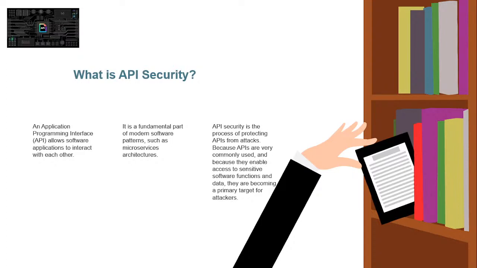But because API are very commonly used and because they enable access to sensitive software functions and data, they are becoming a primary target for attackers. API security is a key component of modern web application security. API may have vulnerabilities like broken authentication and authorization. Now let's see